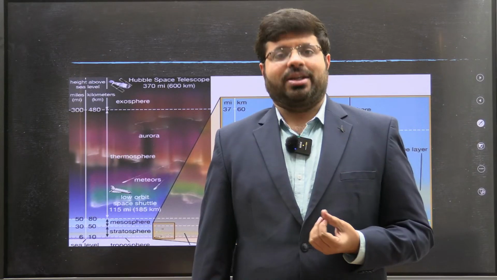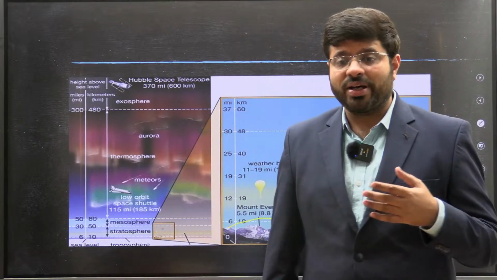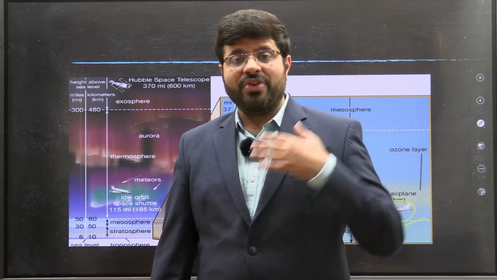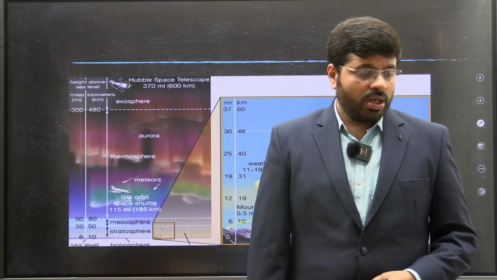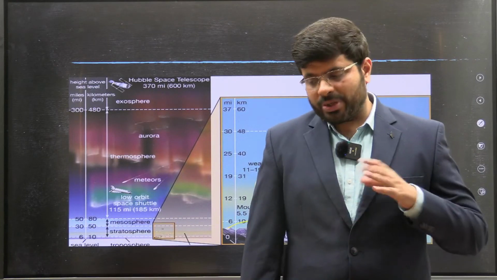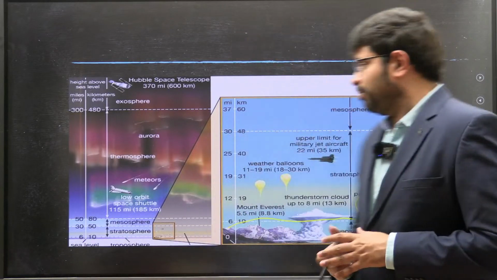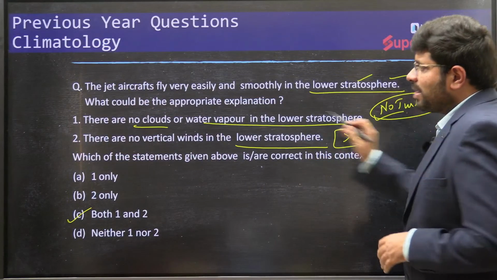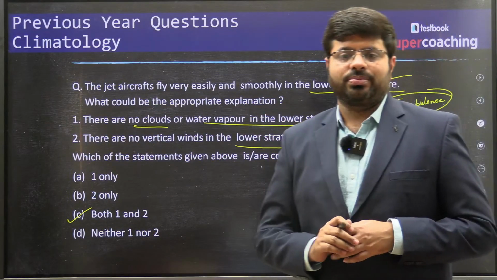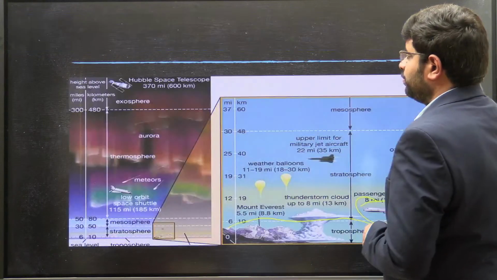Now, if you see both the questions, what is the probability of a prelims qualifier getting it right? I would say that for both questions, the qualifiers would get them right, if you see the trends in previous year questions and the quality of the person who clears the prelims exam. So the probability is high, and the learning for us is very simple: understand the concept behind it. That's it. Let's move forward to the next question now.